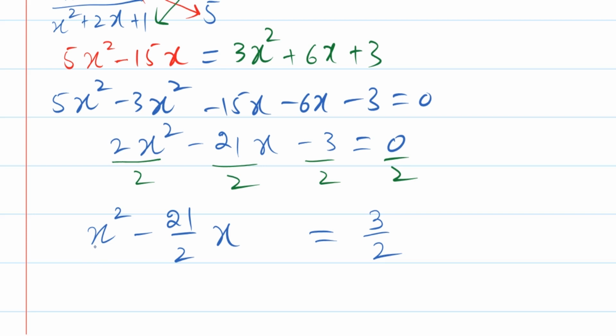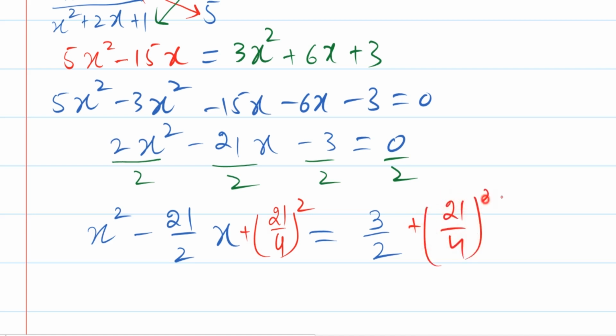in this case, since this is an equation, this is not an expression, we have two sides, so I can add the square of the half of the coefficient of x to both sides, which in this case is 21 over 2. The coefficient of x is 21 over 2. I will take its half. Its half means I will multiply it by 1 over 2, or I will multiply the denominator by 2, making it half. So it will become 21 over 4. So this is 21 over 4 square. I will add to both sides to keep the equation balanced.